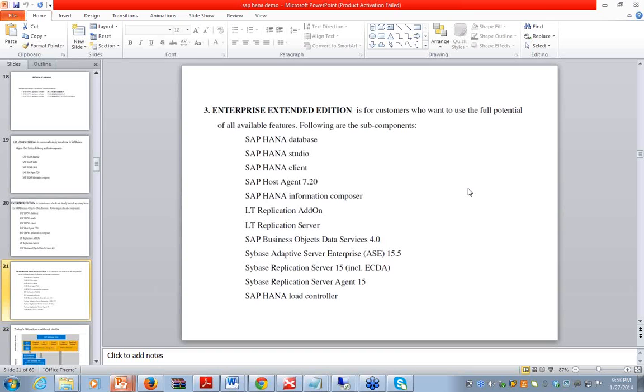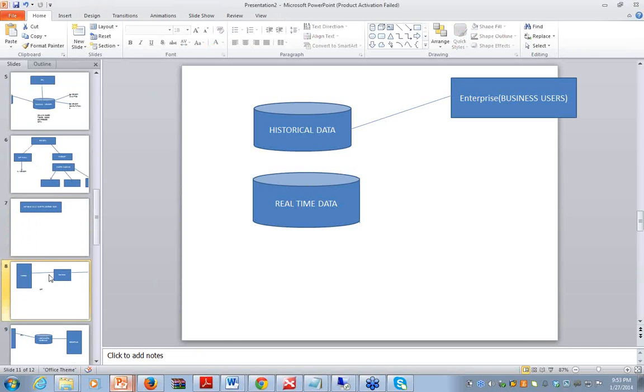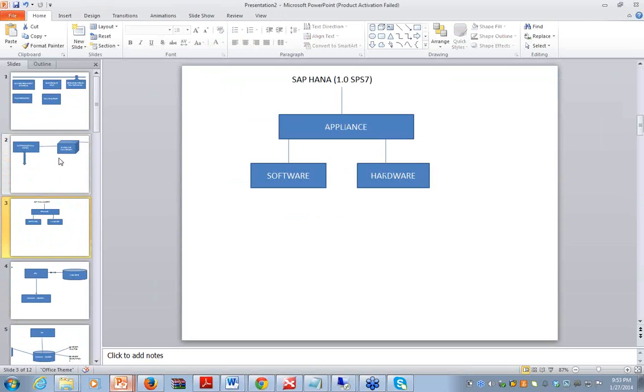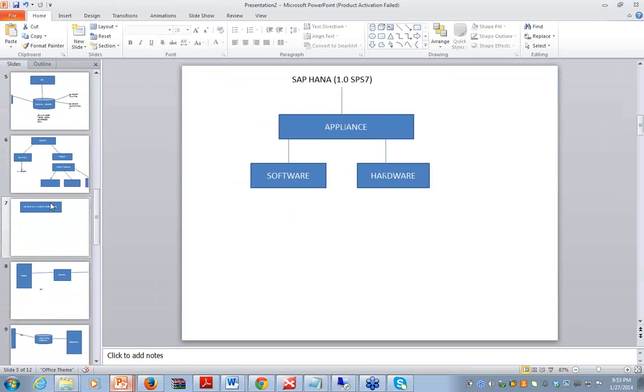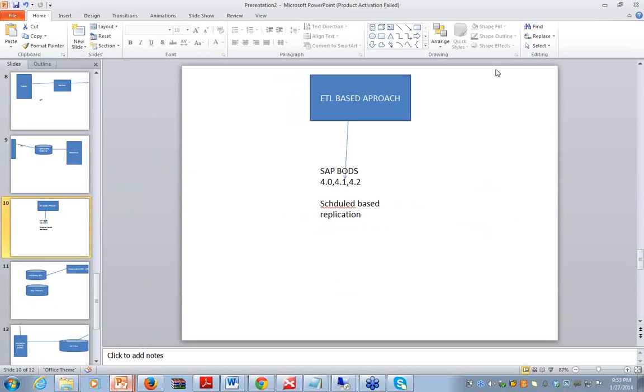So we have very good prospects for SAP HANA, a very good career. If you look into big data, as I explained, there are 24 billion projects of big data going on in the market. So the career prospects are very, very good. And if you are a BOBJ consultant, well, you can learn SAP HANA, which will give very high billing,